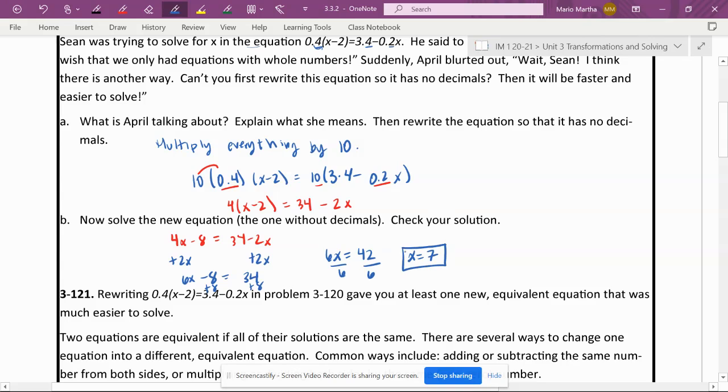So here what we want to do is check our answer. Always want to plug it back into the original equation. It's very important that we always plug it back into the original. So the original was 0.4 times (x minus 2) equals 3.4 minus 0.2x, right? So here, again, what you want to do, substitute 7 for x, so 7 minus 2, and we're checking to see if that's equal to 3.4